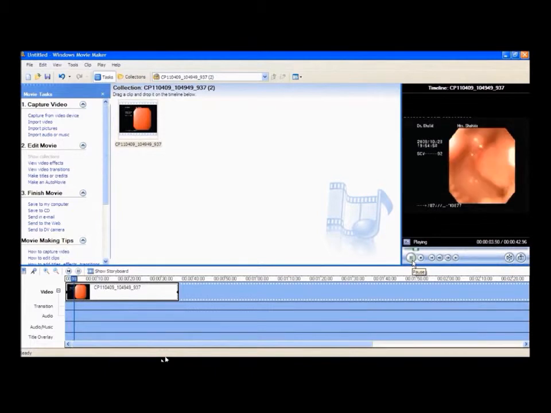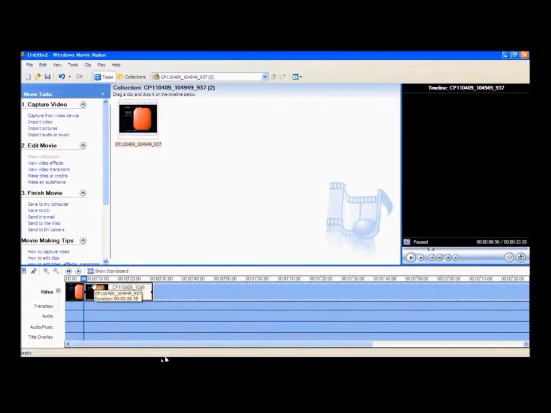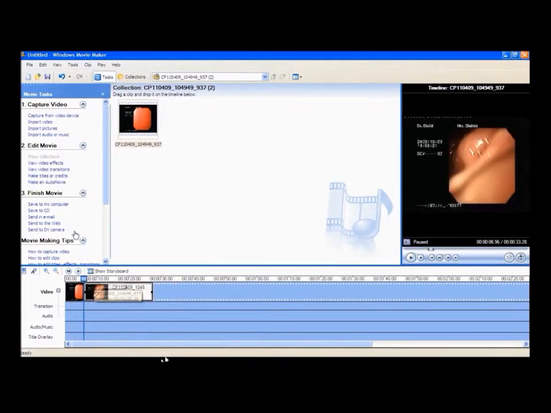Here you can split the video and delete the unnecessary clips. After editing, click Save to my computer.